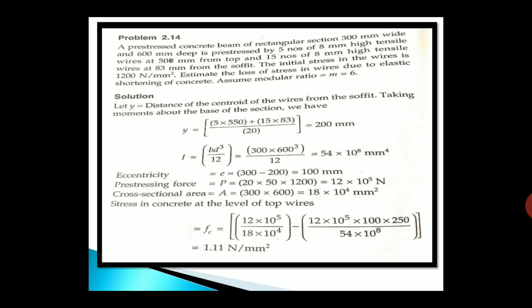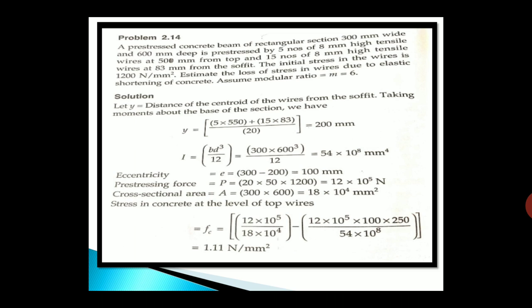Now here there are two terms. E is the mean eccentricity which we have found out to be 100 mm. Next, what is 250? 250 is the distance of those wires with respect to CG of concrete. Again I am repeating, as we are finding the stresses once at top and once at bottom, E is 100 in both the cases, because it is with respect to the entire steel, whereas with respect to the location for the top, the wires are at 250 from the CG of the concrete